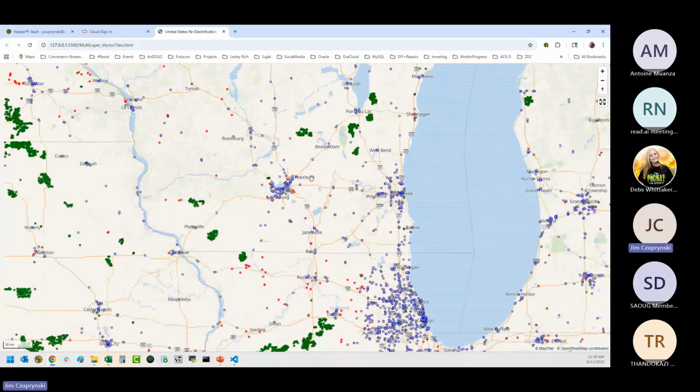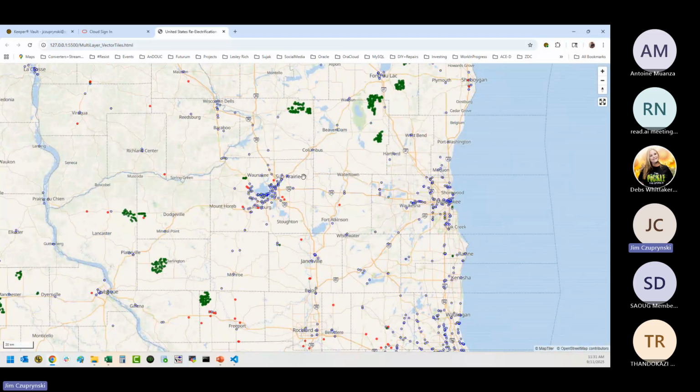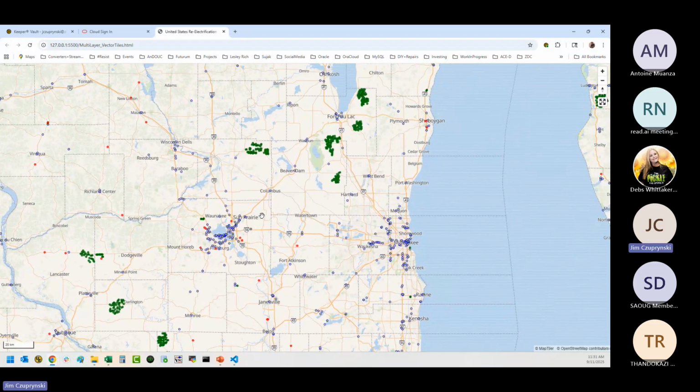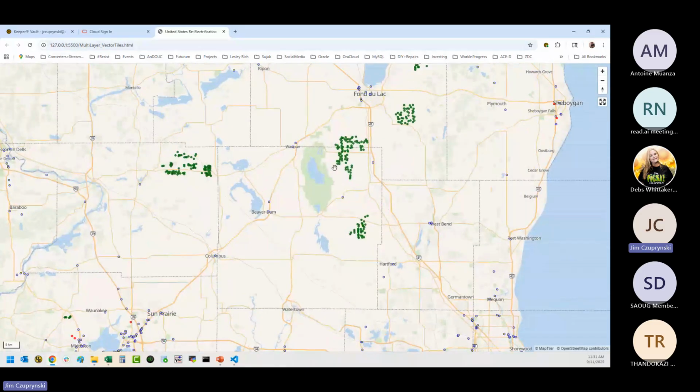This is a display of, the green are wind turbines. The reds are photovoltaic cells. The blues, light blue center, darker blue outlines, are EV charging stations. That same other map that I showed you in Apex is here now. And if you notice, as I zoom in, we zoom in really fast, okay?